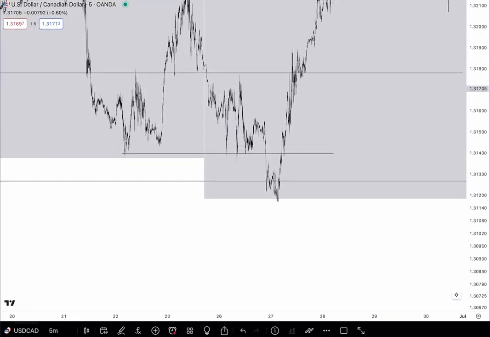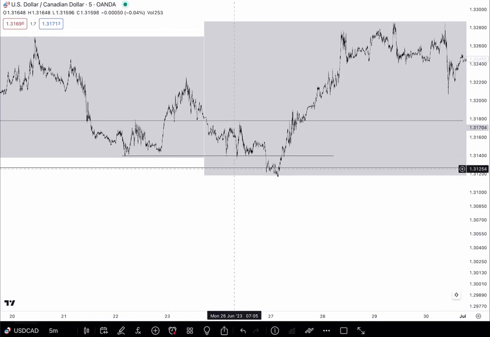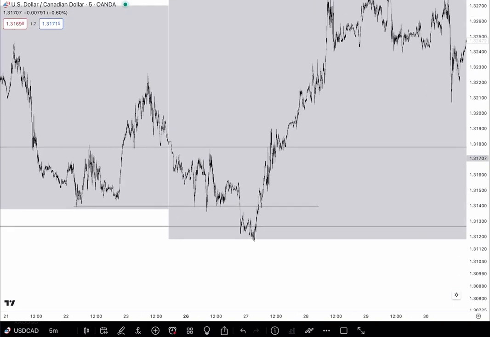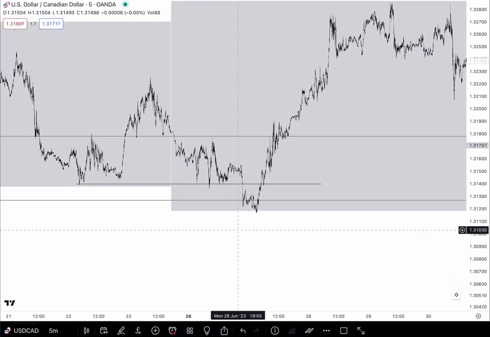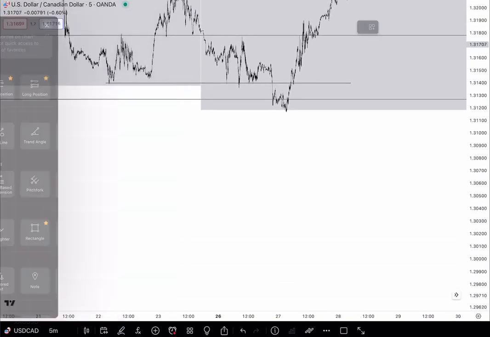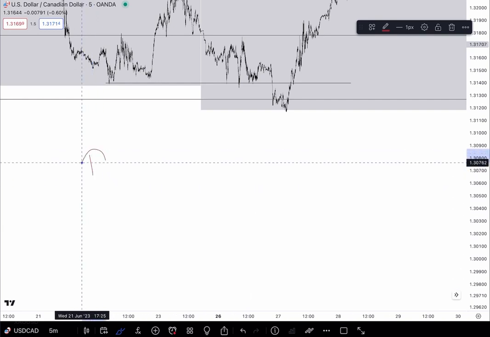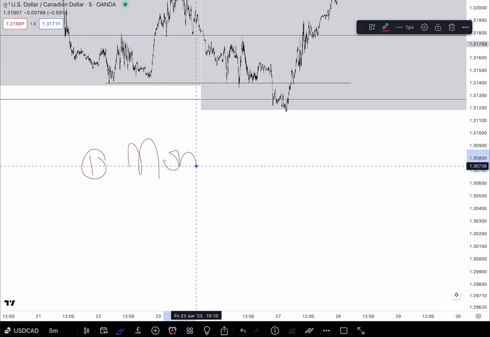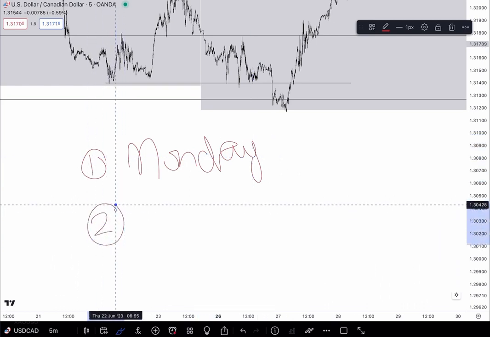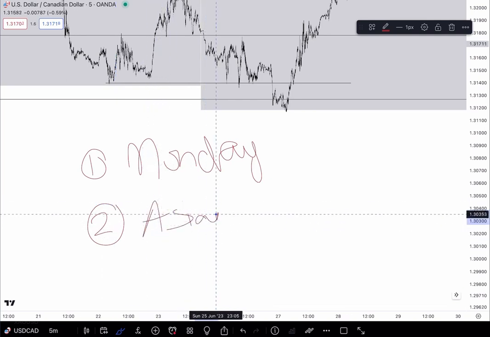There you go. Beautiful. So below this range, and not blindly below the range, there's a time and place. This brings us, of course, to the classic Monday range trade. What is a Monday high to low trade? There's two very famous models, which everyone talks about, and nobody knows how to trade, which is the Monday range and the Asian range, the Asian range high to low.